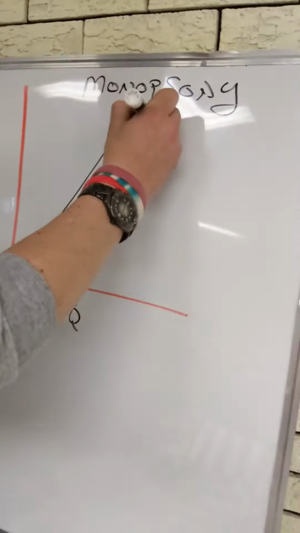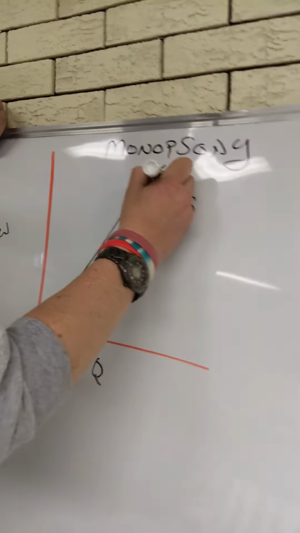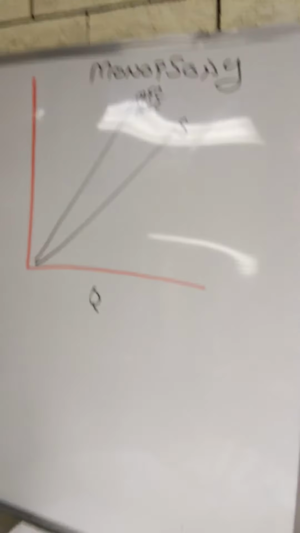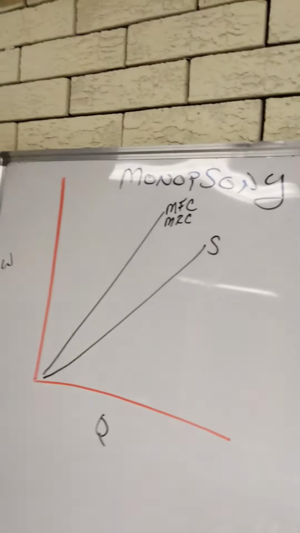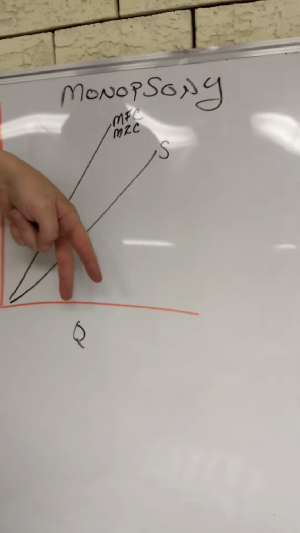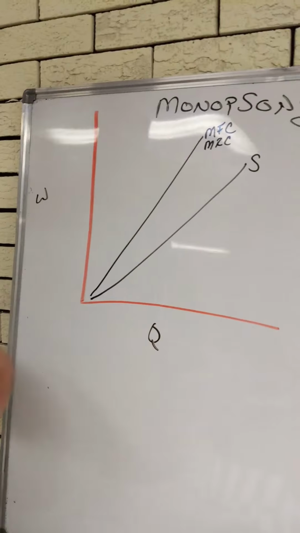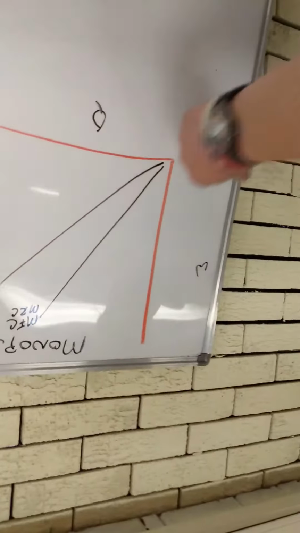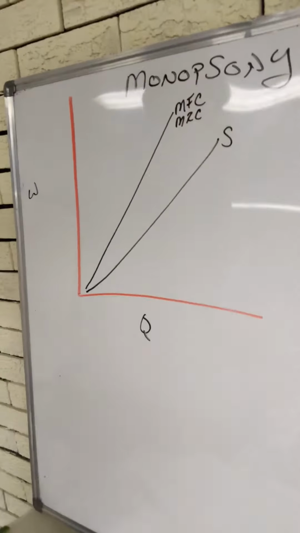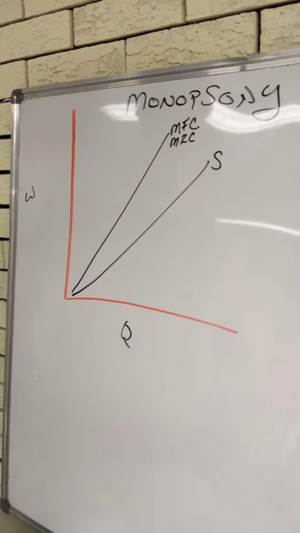that your marginal factor cost, and again, that could be marginal resource cost, falls above the supply curve. So what you notice is, think about marginal revenue and demand in monopoly, and just flip it, right? Flip it up. Here's your supply. Don't flip the camera. Here's your supply. Marginal factor cost, marginal resource cost falls above, or is above, right? So as you're filling in your sheet,